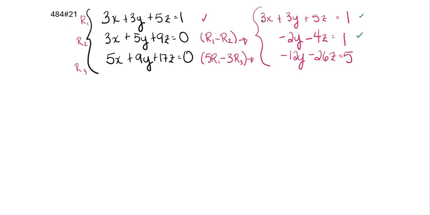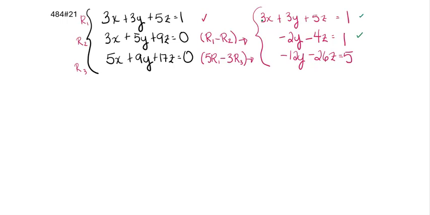I don't want to deal with my first row and my third row, because if I do that, I would introduce my x back in. Because I can't multiply by 0. I have to multiply by a non-zero constant. So I'm going to have to deal with my second row and my third row. And the best way to do that is to take my